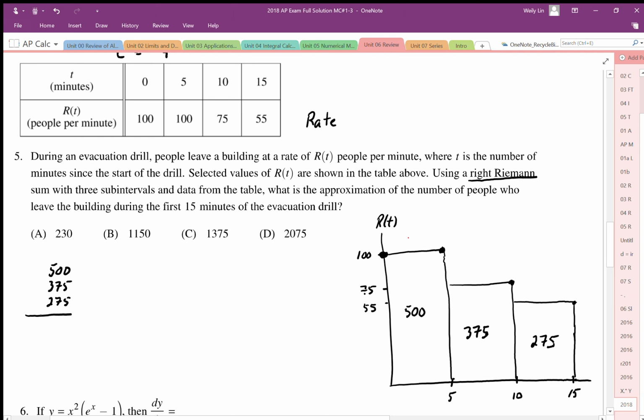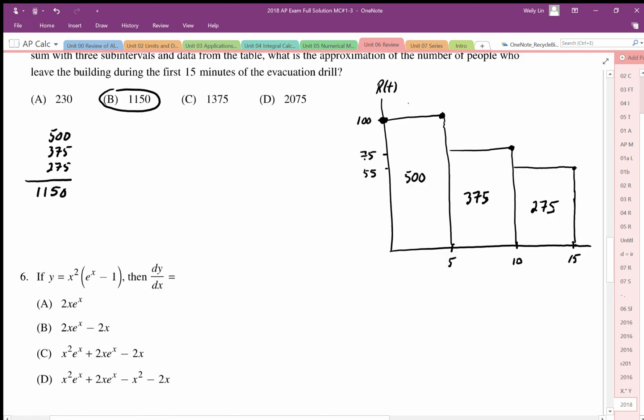And when I sum all that together, that sum adds up to 1150. So the answer is B. For number 6,